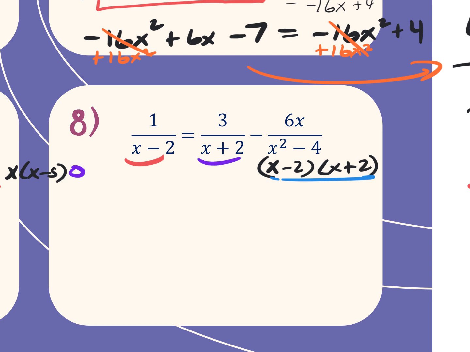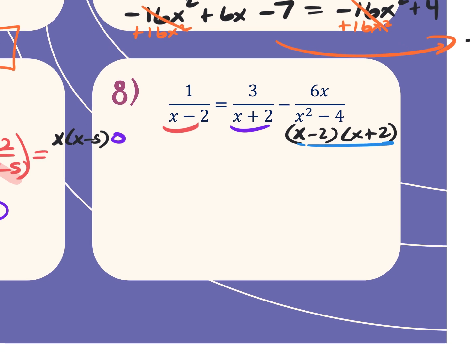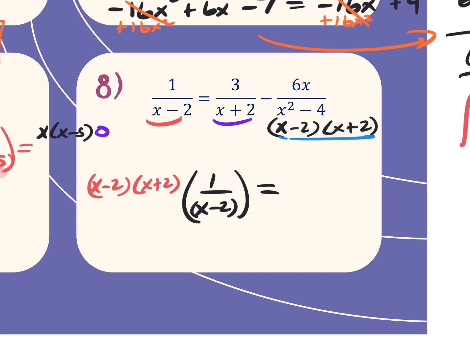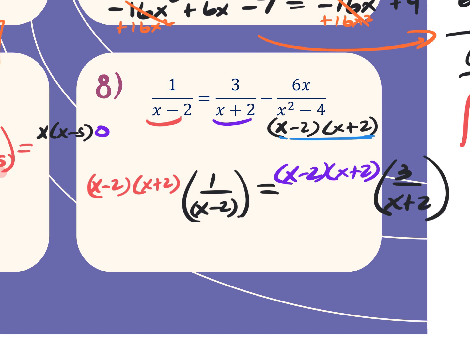So again, you're going to take that LCD, and it needs to get multiplied to each one of the terms. So if I take my first one, and I multiply it by x minus 2, x plus 2, and then multiply it to the 1 over x minus 2, equals, and then now take the same LCD again, multiply it to that 3 over x plus 2,